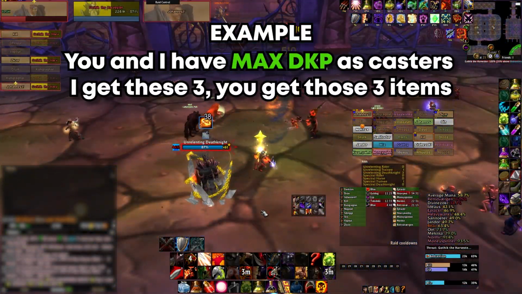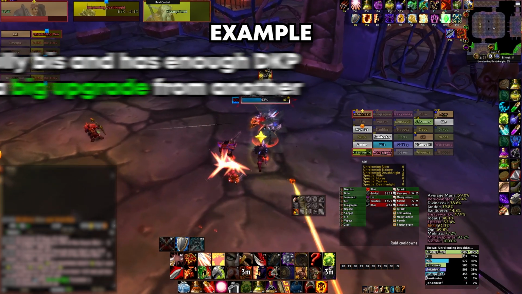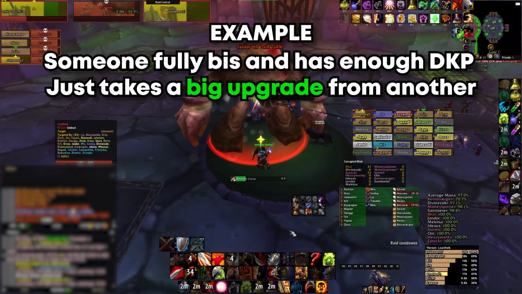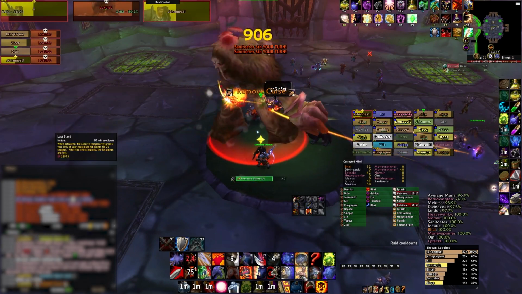Players teaming up with each other behind the guild's back with bids. For example, you and I have max DKP as casters, so let's make an agreement. I get these 3, you get those 3. Maybe we even get it cheaper. Someone fully BiS and then has enough points, just takes a big upgrade from another as he just has the points. Beginners not wanting to join your guild or raids because they will have 0 dragon points, while the rest have a lot,